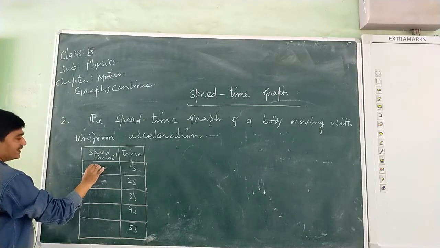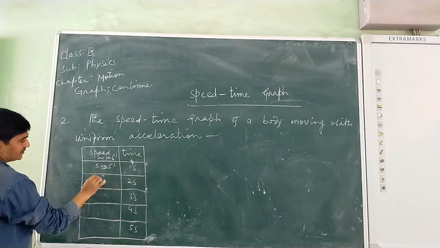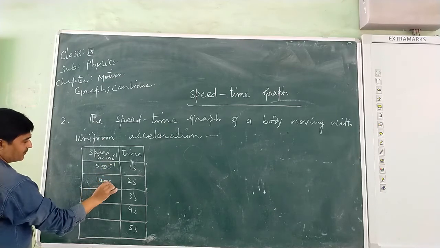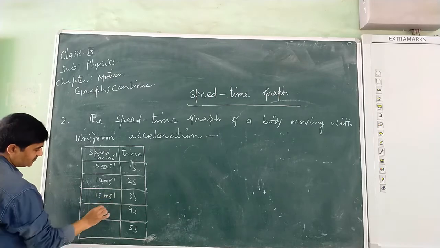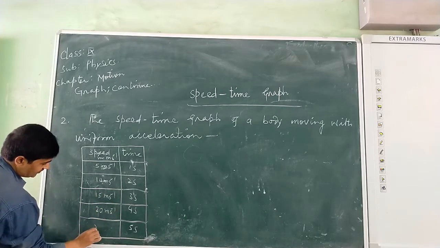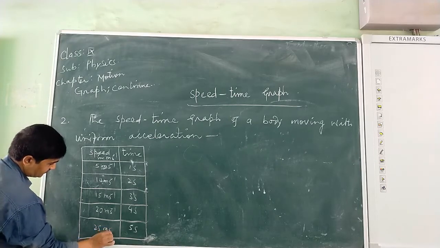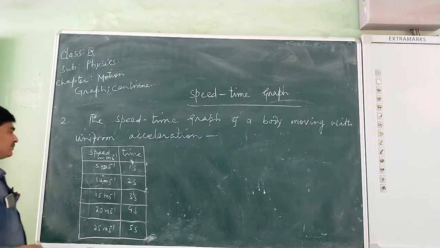Here, if we take the speeds 5 meter per second, 10 meter per second, 15 meter per second, 20 meter per second, and 25 meter per second, in this timetable we can see the speed of a body